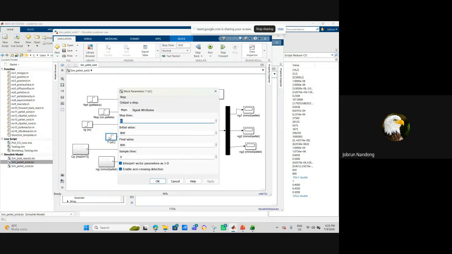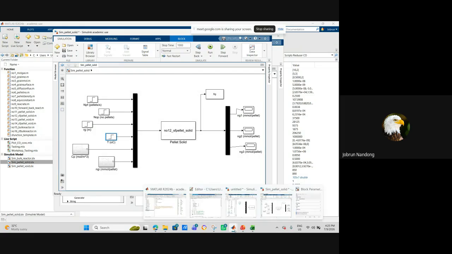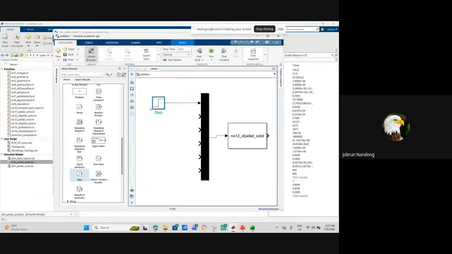Same thing for T. T is 800 degrees Celsius, right? This is a temperature, because this is isothermal. So we assume the temperature is constant throughout the reactor. Now CP here, we need 2 of that. For example, we just copy this one, press Control and then drag it down. Press Control, drag it down, and we copy it again. You need 2 of that, right? So we need to have another. This is for create CP. We need to have another